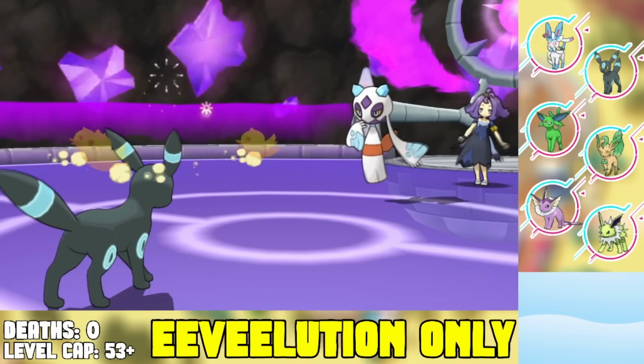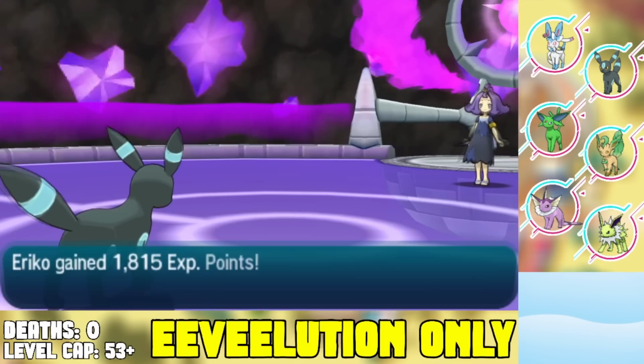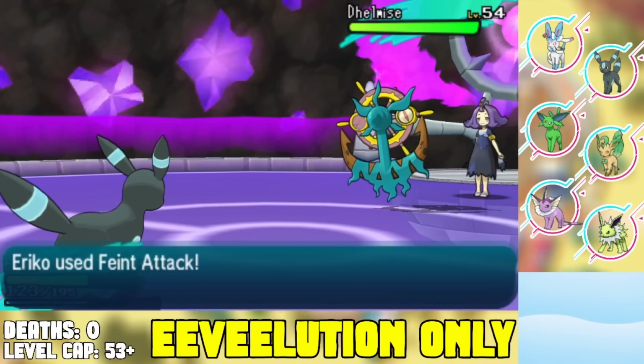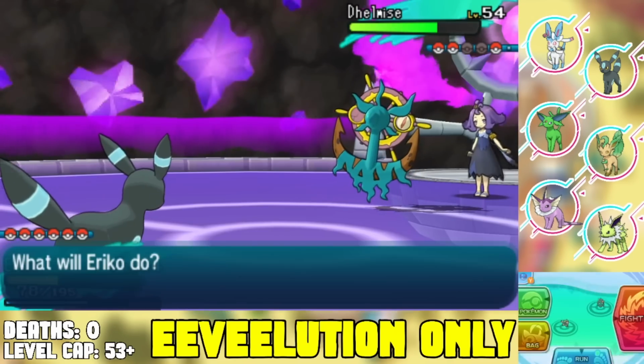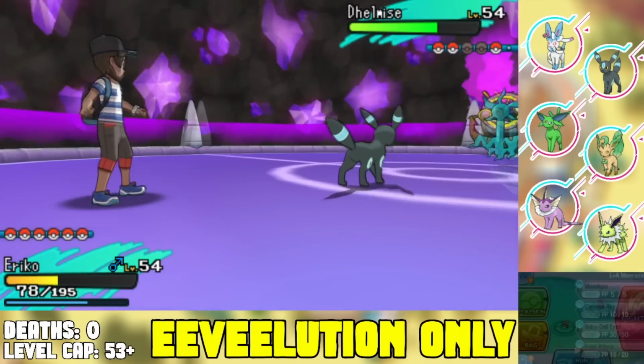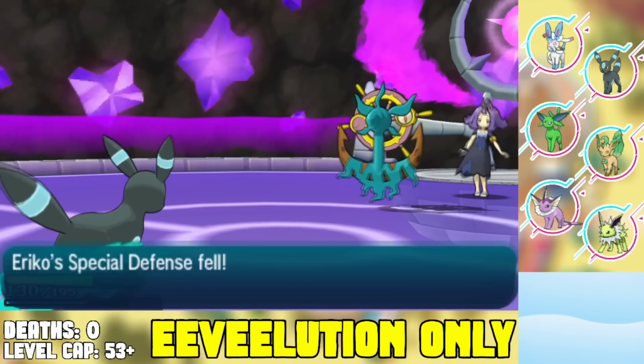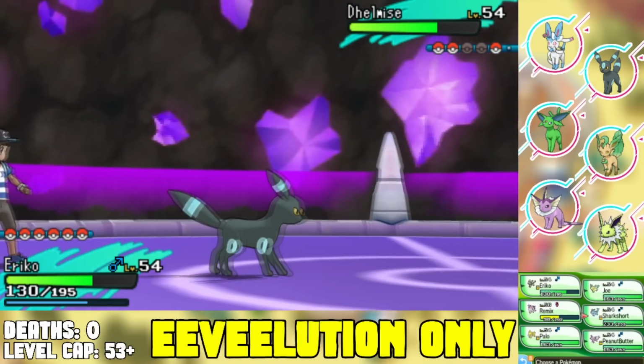I always wonder if higher happiness equals better chances that you're not going to hit yourself in confusion, because it feels like most of my Pokemon with higher happiness never hit themselves in confusion, but the lower happiness one is like 50-50. There shouldn't be some correlation, but it feels like there's correlation. But anyways,